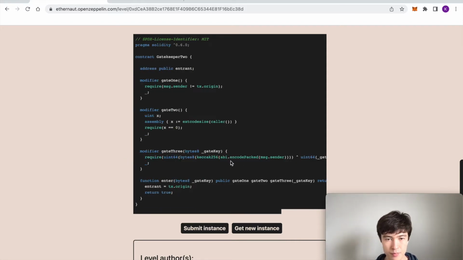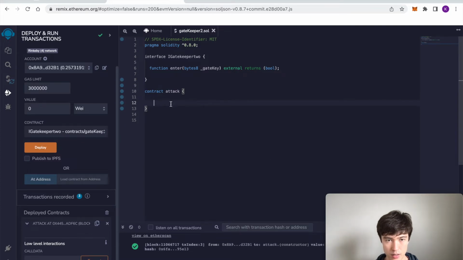Okay, so let's go back to our Remix IDE, and so by calling it from a contract, we're already passing gate 1. To pass gate 2, we need to call our enter function through a constructor. So let's make a new constructor. Yeah, and there we go. So we've got a new constructor, and then